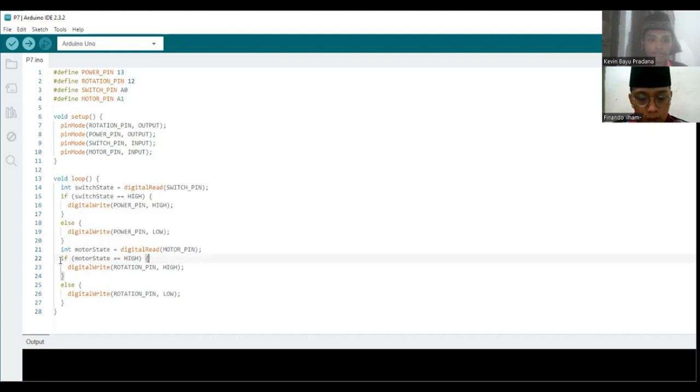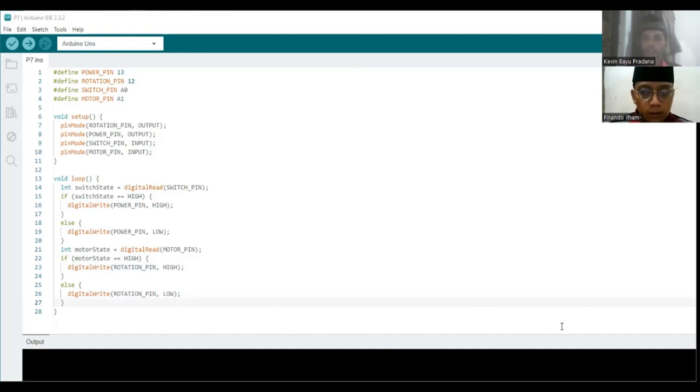The fourth condition, when the motor input value is low, it will change the rotation pin output to low, which makes the motor rotate counterclockwise. Next, my friend will explain about Proteus software.